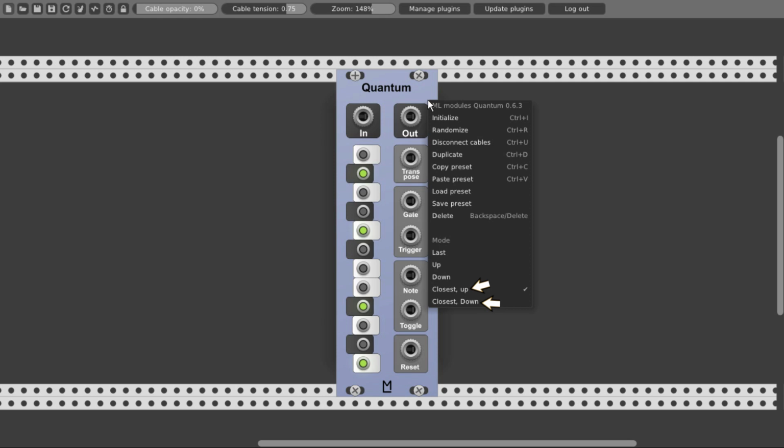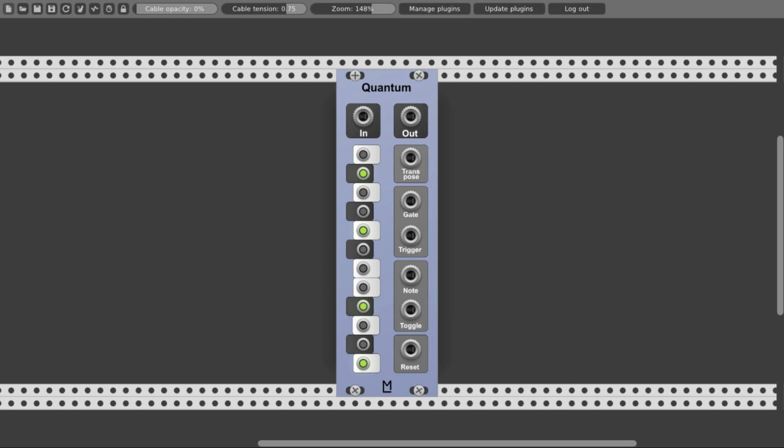So if, for example, in this case, the incoming voltage equals F sharp, never mind if we chose closest upwards or closest downwards, it will be corrected to the note G, but if the incoming voltage equals F, so right in the middle of G and E flat, it will be corrected according to which closest mode we chose, up or down. So those were the quantize modes, and let's move on to the right side of the